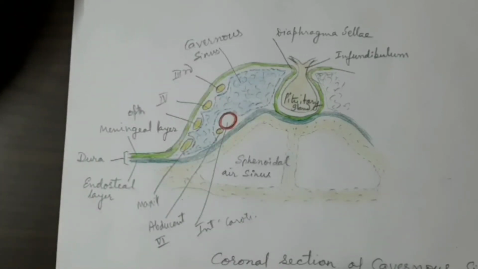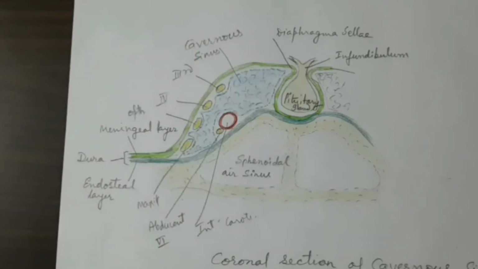Because of the pressure on the nerve, there will be pain in the eyes and forehead, because the ophthalmic nerve is compressed. The nerves going into the eyeball supply the muscles also, that is the abducent, the trochlear, and the oculomotor. So there will be paralysis of the extraocular muscles which move the eyeball. Mostly this occurs due to a large tumor pressing on these nerves.